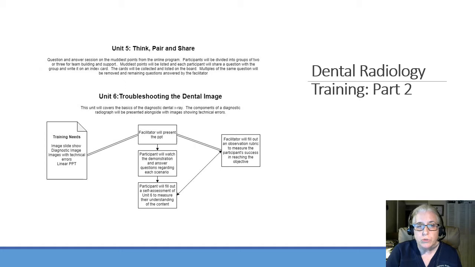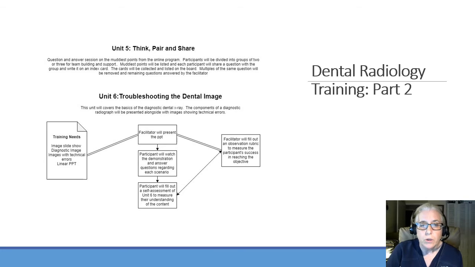Part 2 introduces a face-to-face course. This is a live training. The lesson plan for the face-to-face training will have the unit objectives and the manual that will be used. Each unit will have a facilitator training script for each of the unit demonstrations. A rubric for each unit will be designed that the facilitator will use to assess the success of the participant with the learning objectives. An instructional reaction survey will be created to ask how the learning experience was for the